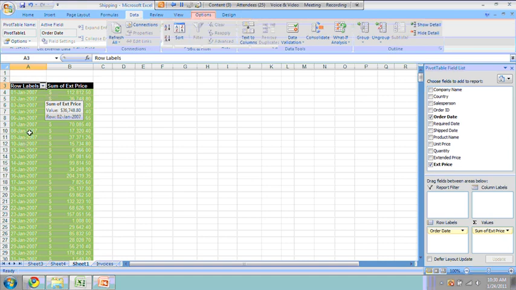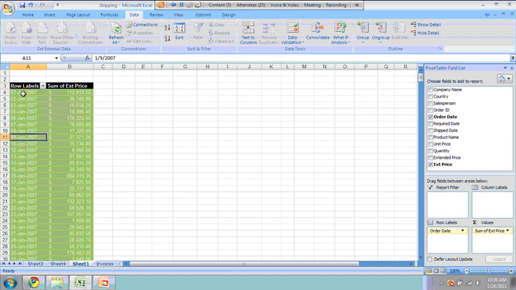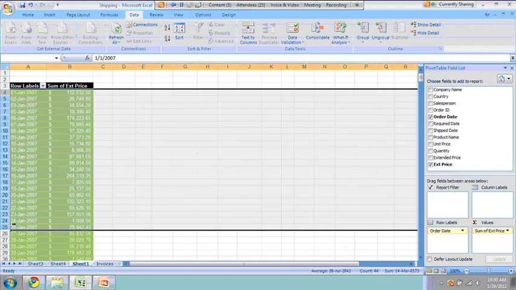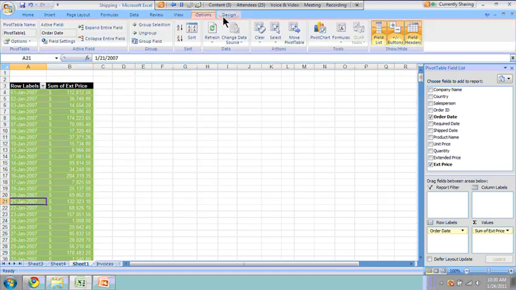Yeah. Okay. Because you can go through and group things manually if you wanted using your data tab, but as far as getting subtotals in there,